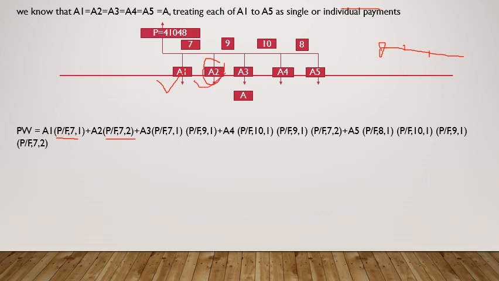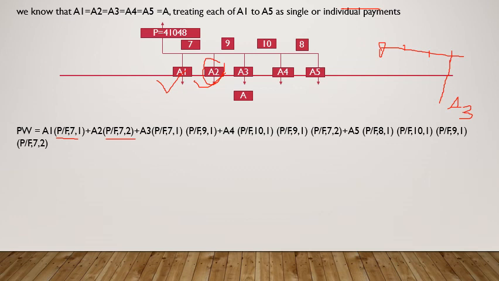Where is this A3? It is at the end of third year. Treat this as single payment. See here, this is A3. Just assume you have only A3. How does it appear? It appears a single flow. If this were the case, what you would have done? You would have considered it as F and convert that into A.